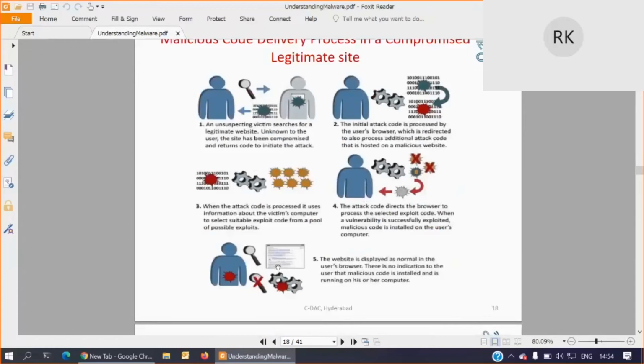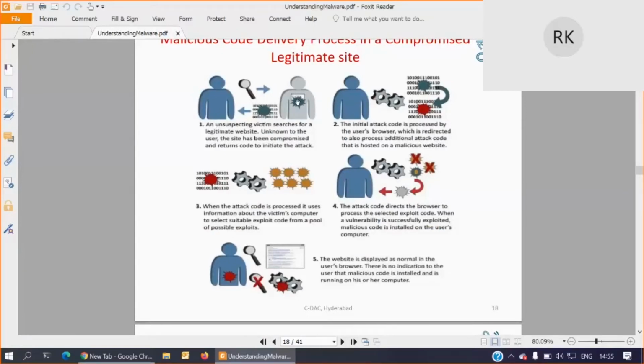Now coming to the malicious process, what will happen? The victim does not know whether the website is compromised or not. He will simply search for a web page. Now the request is going to some compromised website. You might have heard of the many spam websites.